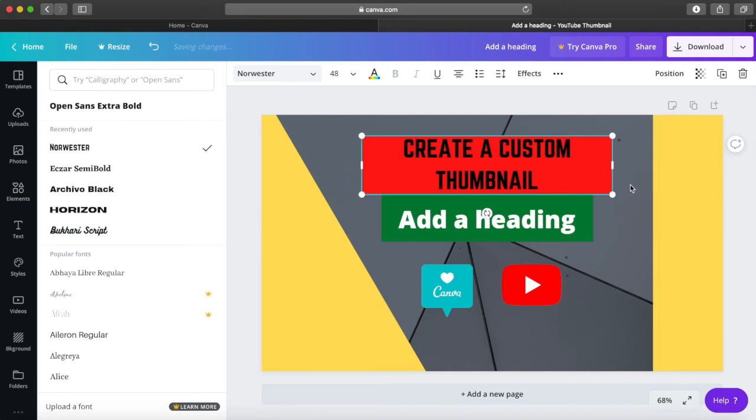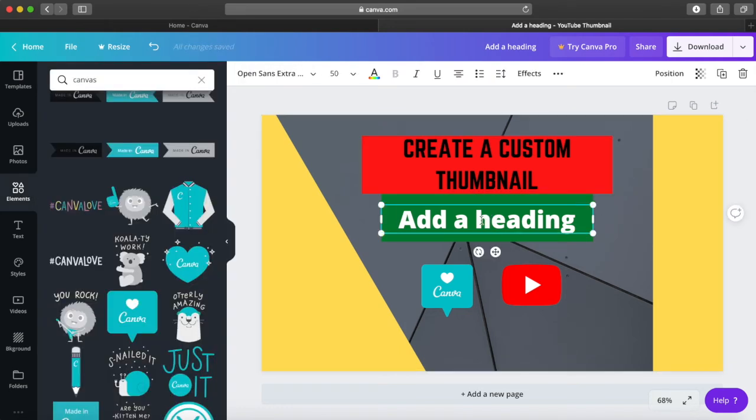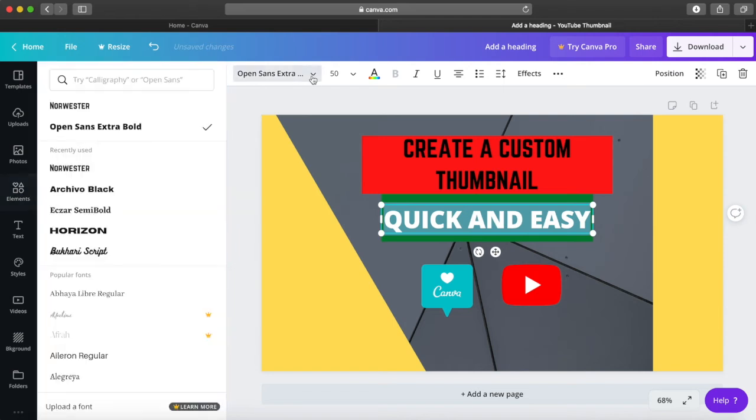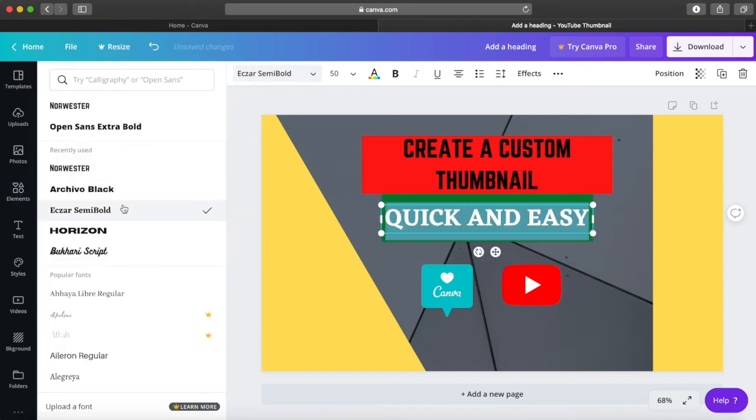This looks better. I'll change the subheading as well. I'll just write quick and easy. I'll change the font style as well as the size to match it with our theme of the thumbnail.